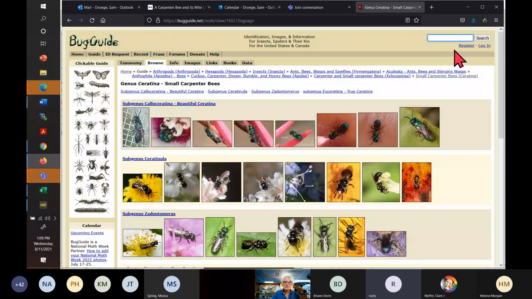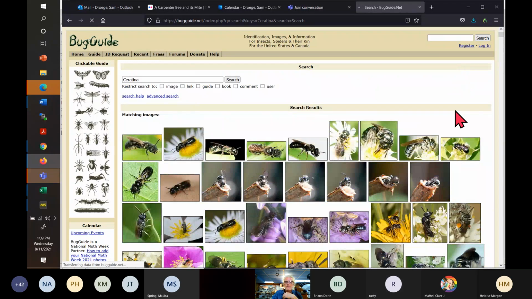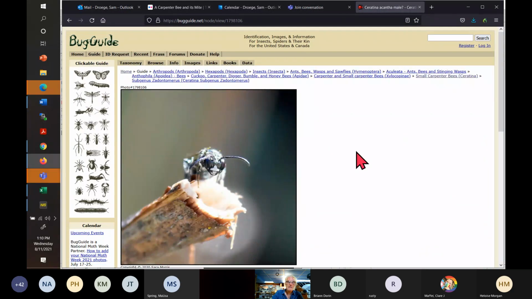Let's go to, well, we can do it from any place in Bug Guide. So I usually use the little search bar up here, Ceratina, and I'll get a bunch of pictures that match that text string. I can click on any of these pictures that look like it might be Ceratina in this case. Now I have a picture of Ceratina here. This one is, actually, it only goes to the subgenus. But up here is the taxonomic